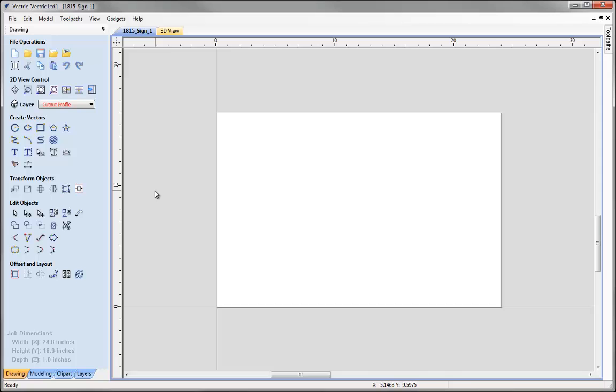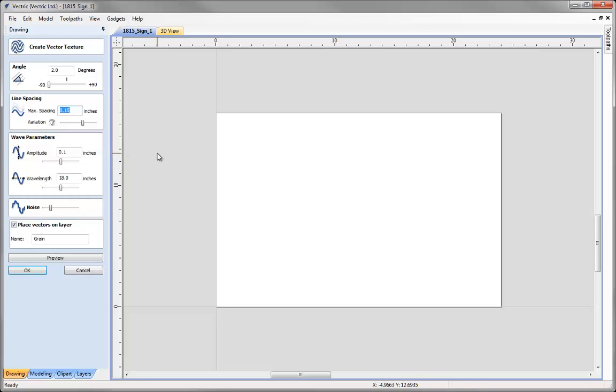The reason that I've momentarily turned the layers off is so that I can demonstrate another very powerful drawing tool that's been added to version 8. If we come over, you can see there's a new icon here. If we click on this, we come into the Create Vector Texture function. To start with, I'm just going to create some of these using the blank workspace that we have. Then we'll go ahead and switch back on some of our border vectors in order to create the background texture